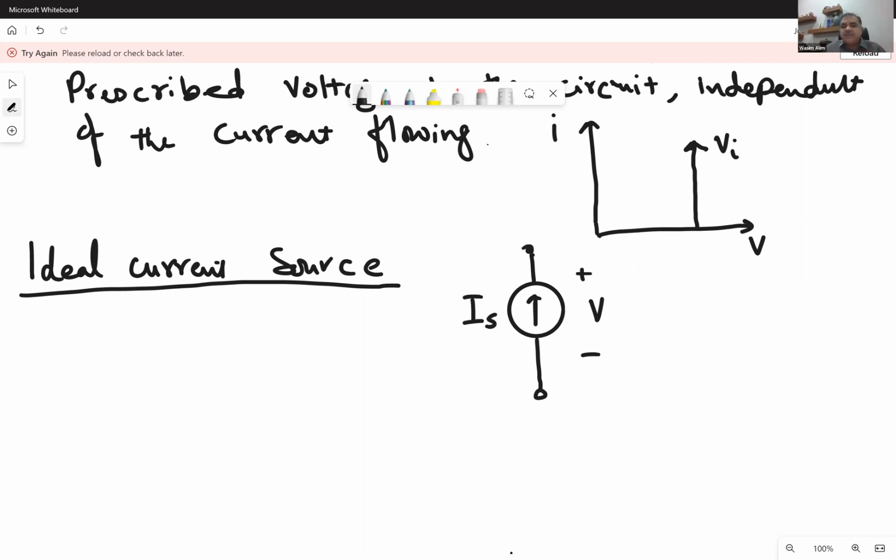Okay, and as I mentioned, an example of that would be a solar photovoltaic cell, which is a source of current, and the description is